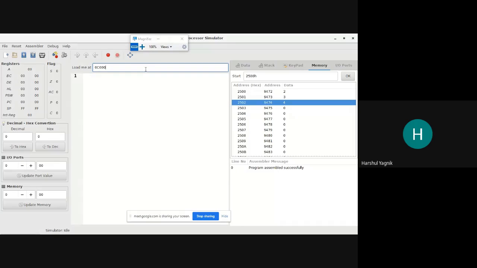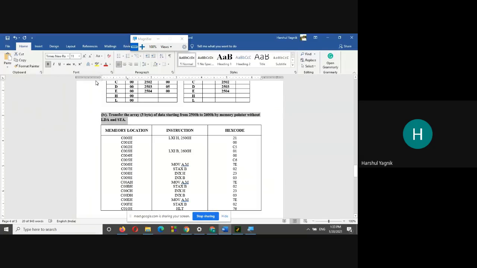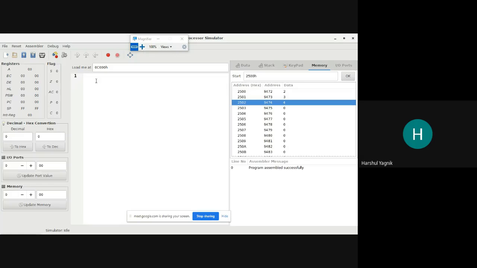Let us first give address where we need to load our program. Now, to fetch the data from 2500H, what we first do, we first load HL register pair with 2500H.